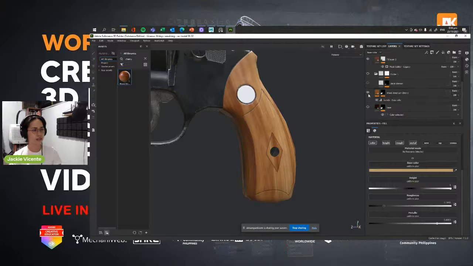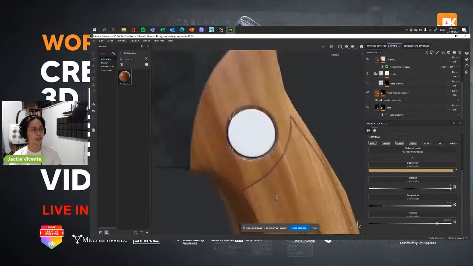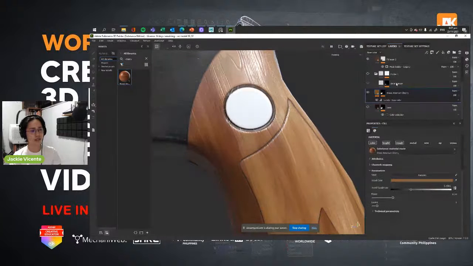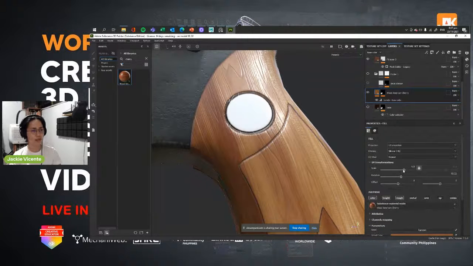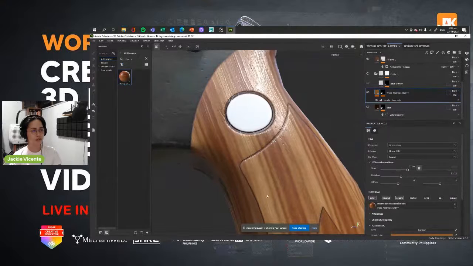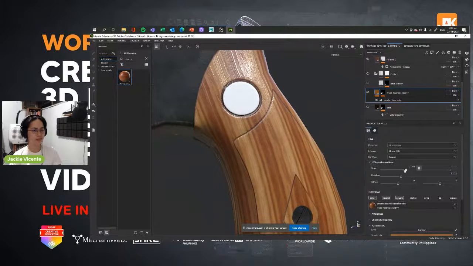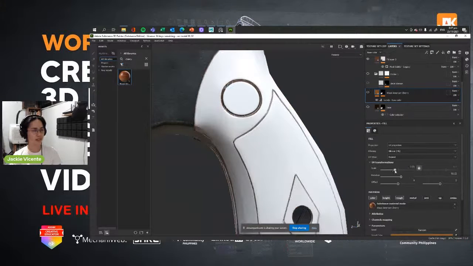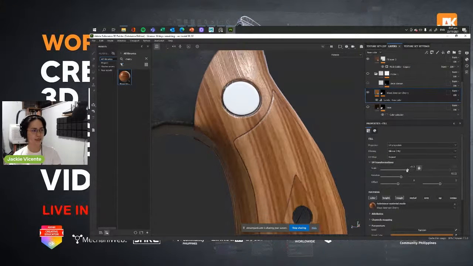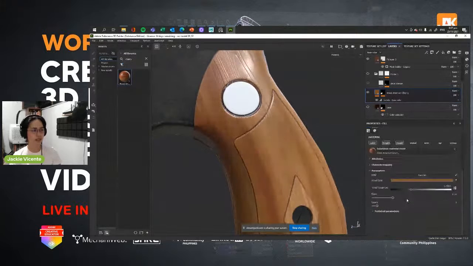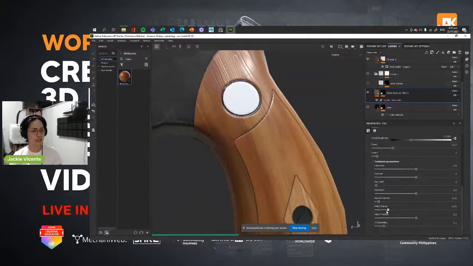Okay. So in this one, I use a wood American cherry, which is a default here in Substance Painter. We could change the scaling of this. Let me just, oh, here it is. We could change the scale from so refined to not. So it really depends on what you like. If you want it to look like this or like this, that's okay. You can also rotate it. We could also go to the technical parameters and change the